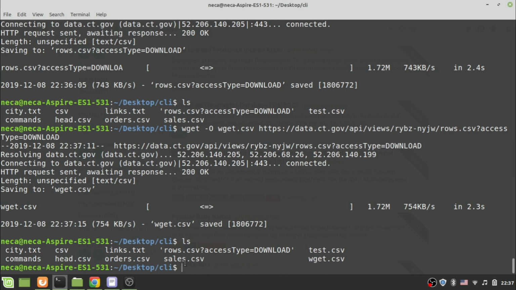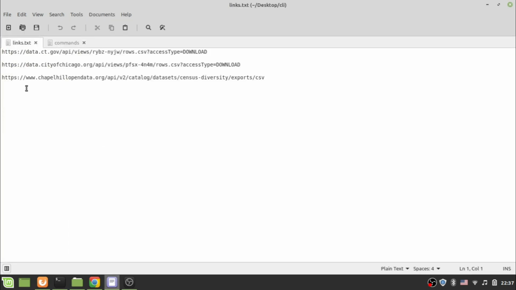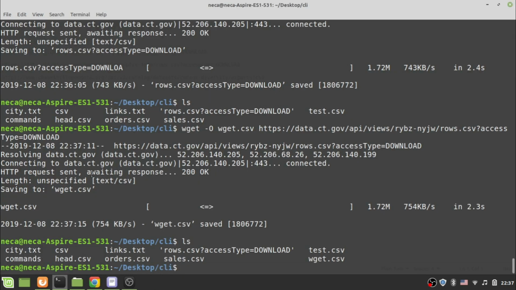Something that is also really useful with this command is that you can put all links from which you need to download the data inside some file. For example, in my case it is a links.txt file. Here you can also see this file, and inside that file I have links from which I would like to fetch the data. Instead of copying these links manually inside your browser and then downloading, which is really boring, you can use wget instead. So wget will do it